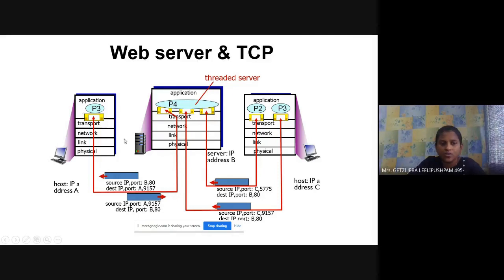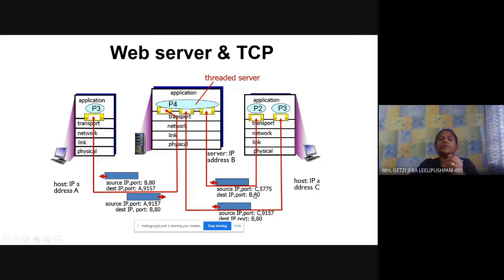So this host generates a packet with this port number, and the destination IP is B and port number is 80. Similarly, here the source is C, port 9157 of host C, and the destination is B, 80. And coming here, the source is C, 5775, another application of this host, and 80.